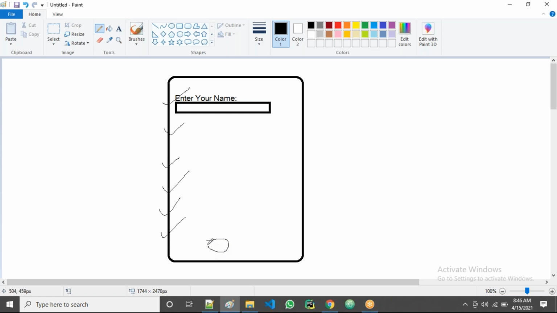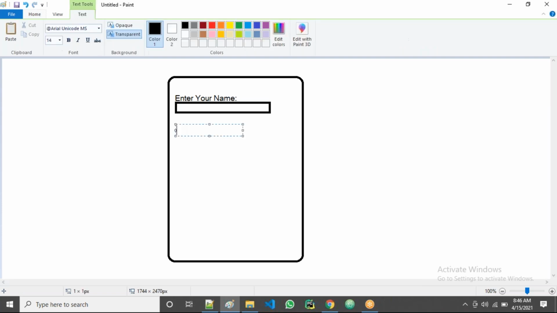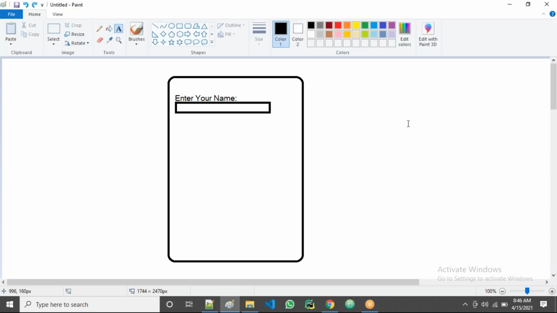At the end, we'll take two buttons: a submit button and, suppose, a clear button. After giving data, if I click submit, then the data will be saved in the database. That is the purpose of submit. After giving data, if I click on the clear button, then all this data will be removed from the input boxes. I'm going to show you practically. I think there's no need to take all the things, like again enter your last name. The same as it is.